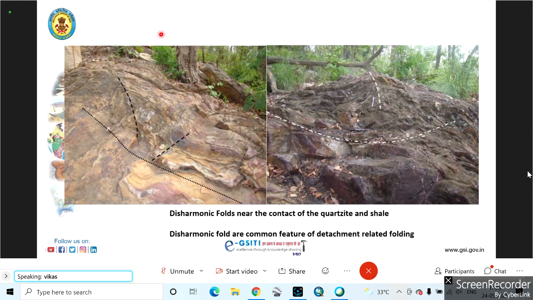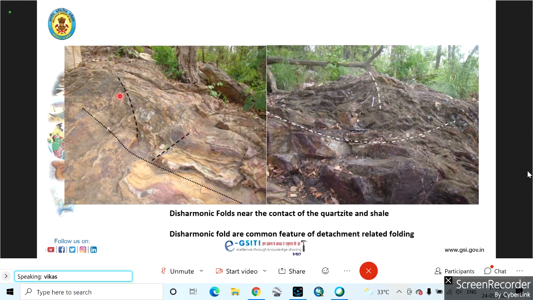But if you come down from the upper part of the hill, at one of the areas, you will be seeing these type of folds. Are you able to notice in the left side photograph, some of the folds are showing the axial plane, which is verging towards the left side, whereas the other fold is also verging towards the left side, but the axial plane orientations are totally different.